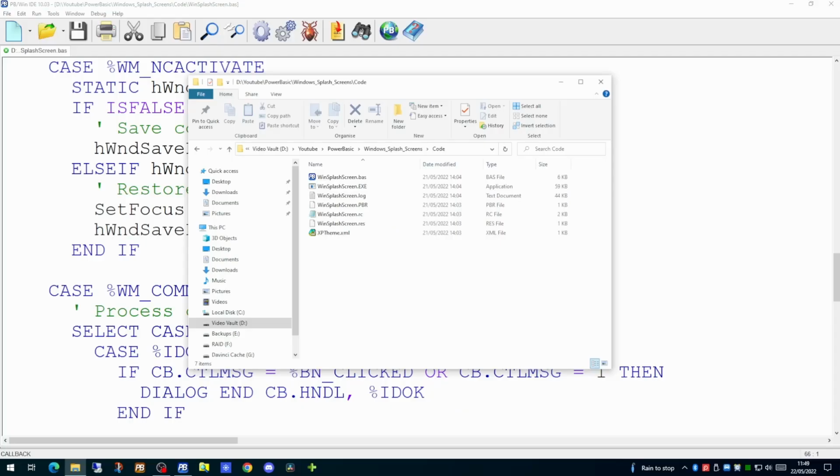As we covered in a previous introductory video, splash screens have a particular purpose. If when an application loads there is some delay before the first dialog appearing, it's very common to have a splash screen appear on the screen. Its purpose is to give the user something to look at and give them feedback that the application is actually still running. We can demonstrate this by use of a PowerBasic Windows application.